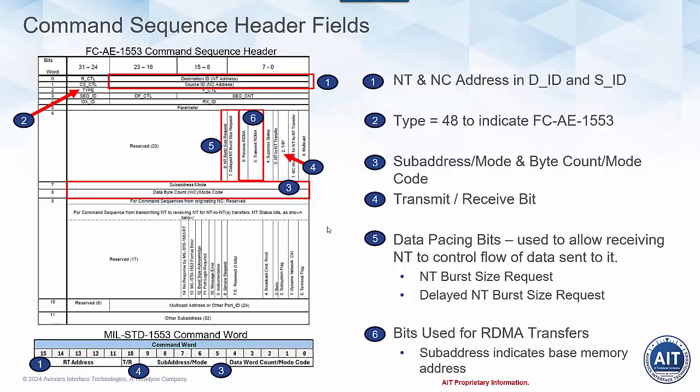And then vice versa, you can do a read, or instruct the network terminal to transmit from the base address indicated in the subaddress word by setting the transmit RDMA bit and indicating transmit in the TR bit of word 6. So that's an example of one of the extensions for doing mass data transfers that